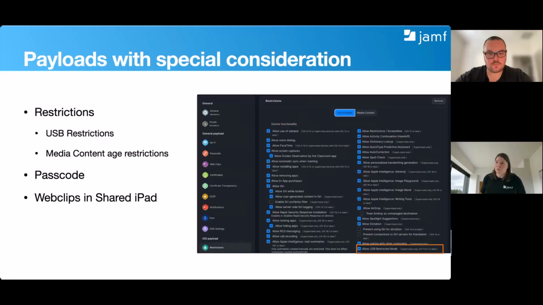So there are a few payloads that I wanted to just touch on quickly with some special considerations. Within our restrictions payload, we do have a USB restriction. What this restriction applies to is being able to connect an iPad, for example, to a computer with Apple Configurator on it, or to a computer to share the network. If this setting is turned off, which is actually unticked,